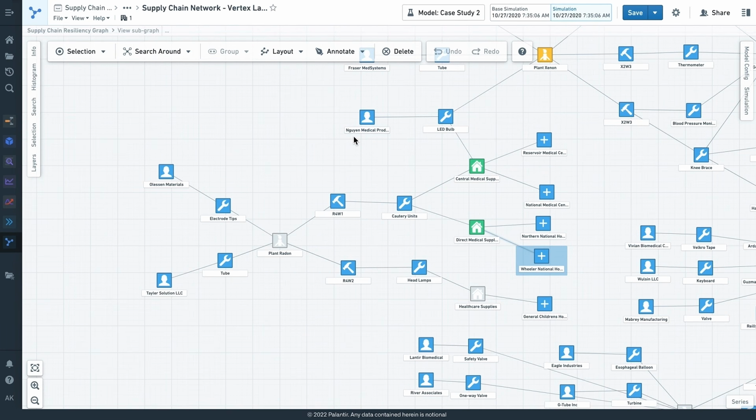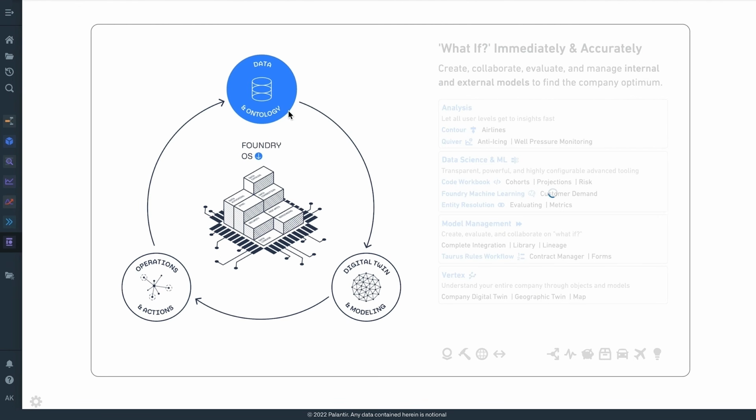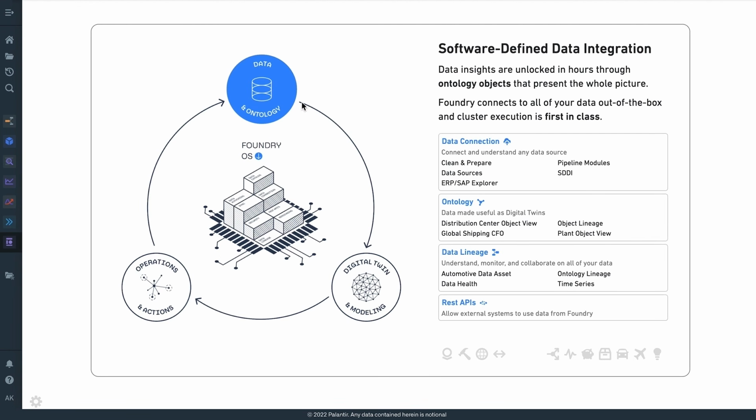but I just want to make sure that we can recap here a bit of what we've been through, just to leave you with this. So, we started at the top here with how do we think about data and ontology. So data coming together from many, many different sources, structured, IoT, unstructured, geospatial, you name it. Over 200 plus out-of-the-box data connectors that we've built for Foundry and is extensible, so you can build your own. And being able to bring all of those different pieces of data together into a semantic representation that allows for people to instantly start to look, interact, and wield that data.